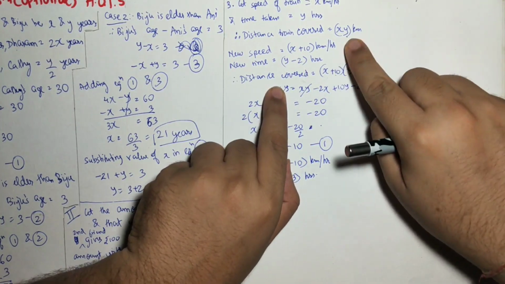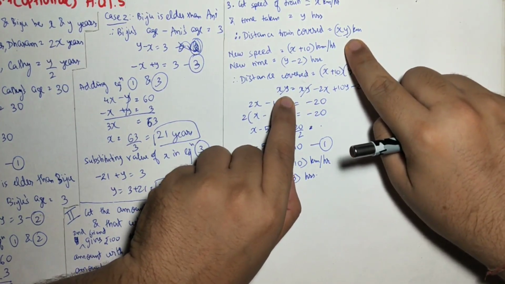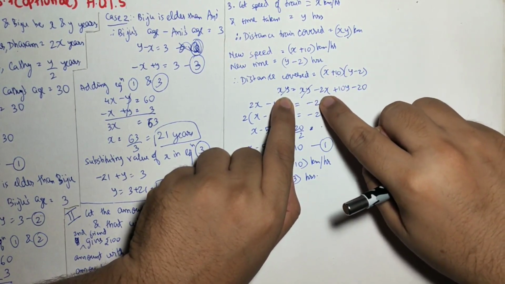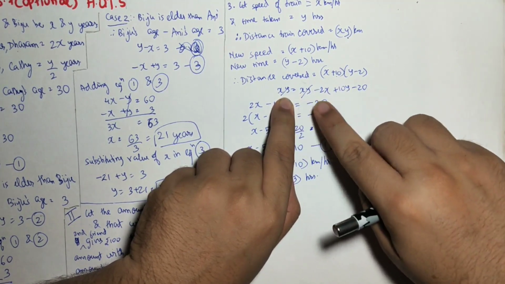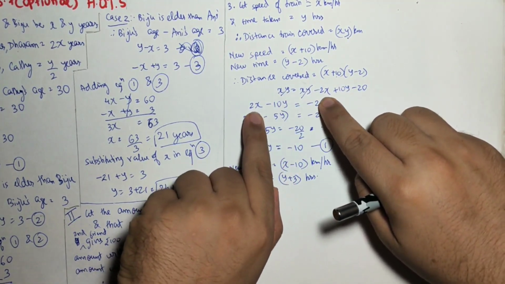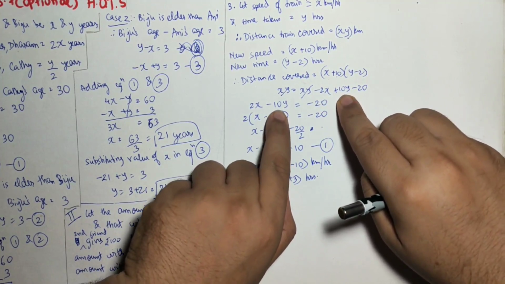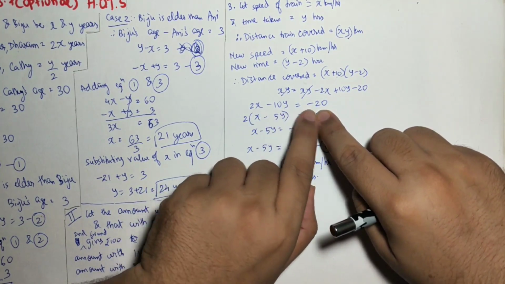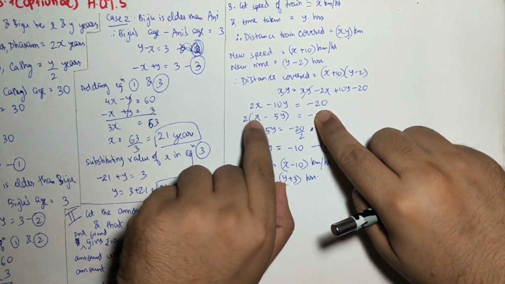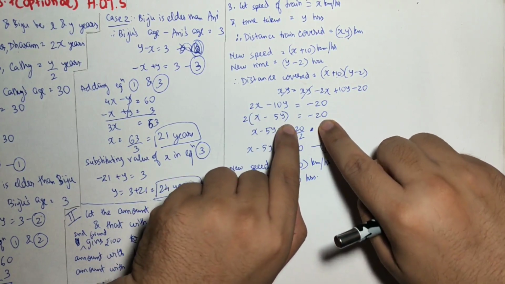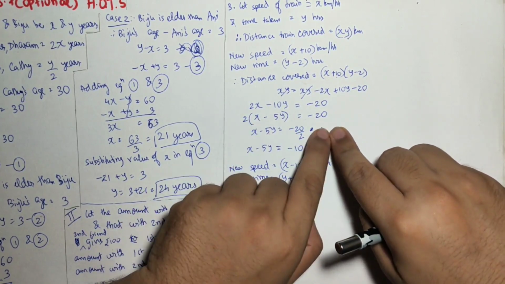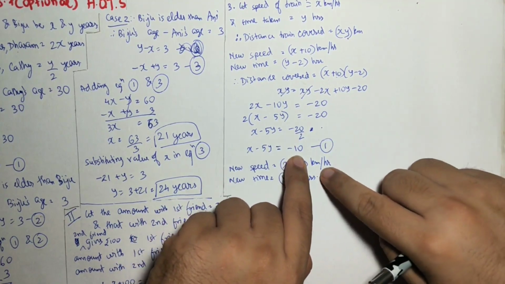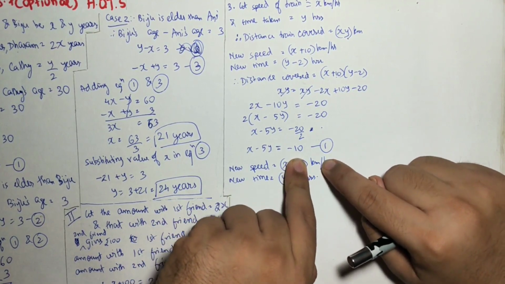And the distance covered we already knew was xy. So on the left hand side it was already xy. This xy and xy will get cancelled out. I am taking this minus 2x and 10y to the left hand side. So this minus 2x will become plus 2x and plus 10y will become minus 10y, equal to, this will remain minus 20. All are even numbers, so take 2 common. If I take 2 common, it will become x minus 5y equals minus 20 by 2. X minus 5y is minus 10. This becomes my first equation.